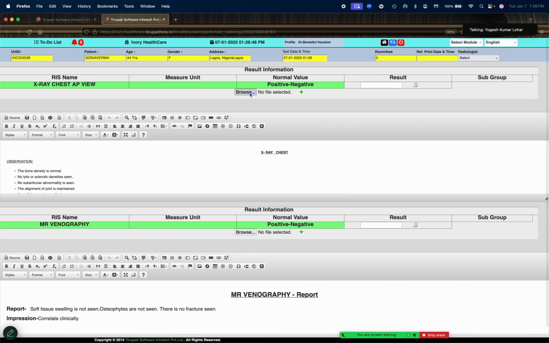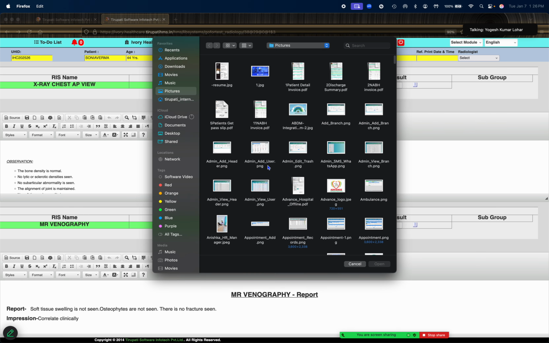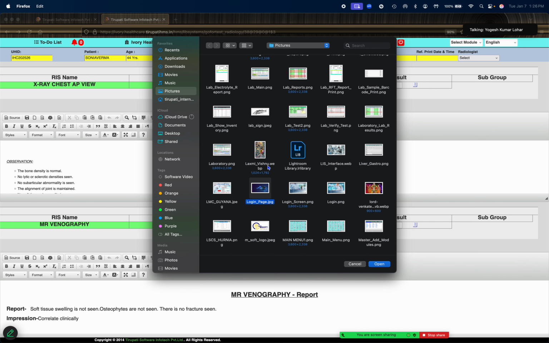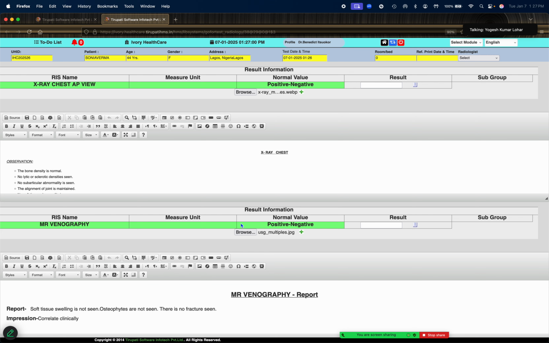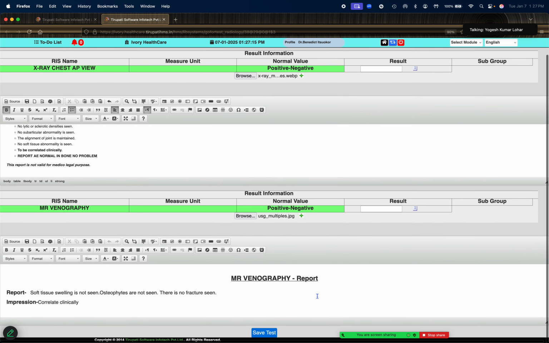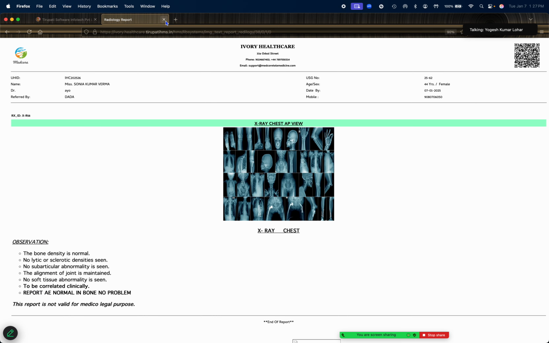Here we will use X-ray film, and along with it we will upload MRI reports also, or any image file, USG or such kind, and we can put any comment or input in the report, like normal, normal in bone, no problem. We can put comments like that, and just save the report for laboratory or radiology. You can even mention the prescription or anything else.